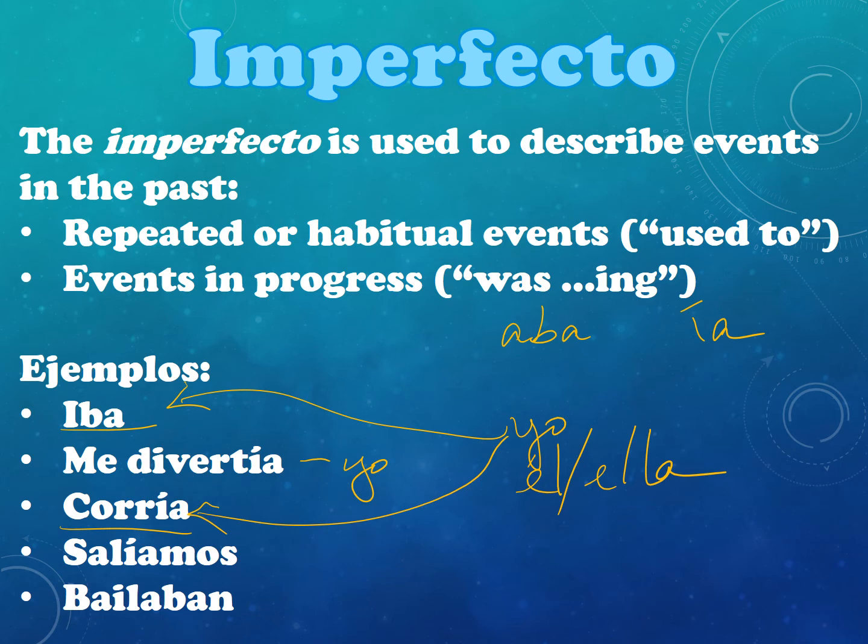So the thing to remember is that there are two ways that you can talk about the past in Español at this point. There actually are more. But for now, you have the pretérito, which is talking about events that happened. And then you are doing the imperfecto, which talks about description, right? Things that used to happen or were happening.